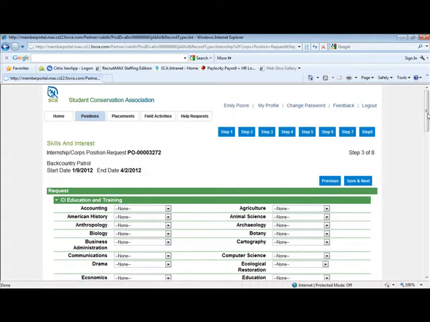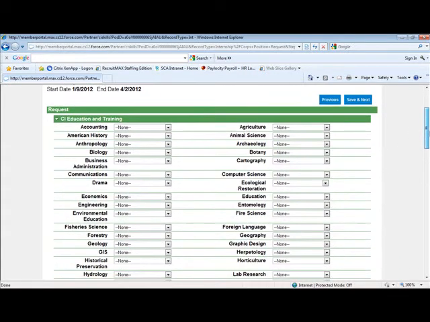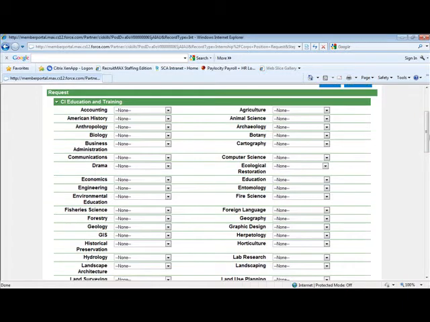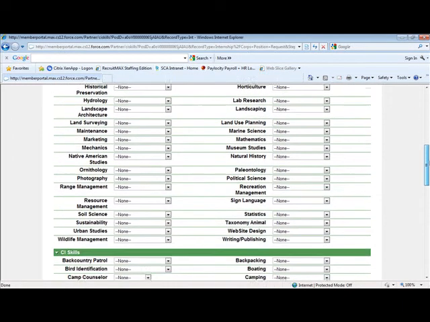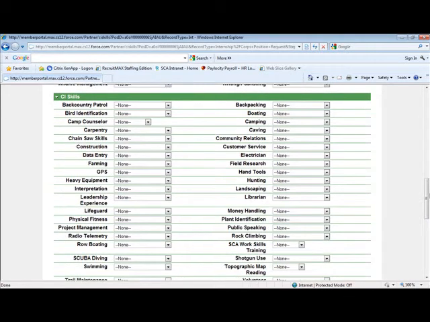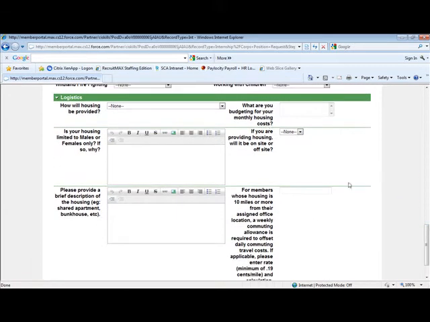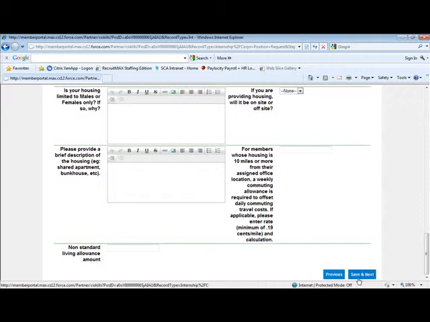Step 3 takes a look at the skills and interests that are required, starting with the educational areas and a series of drop-downs that allow you to rate what level of experience is necessary. We're going to skip down to the skills area, where we're looking for someone who's an expert in backcountry patrol, and then add some information about the housing logistics. Before we click Save and Next,